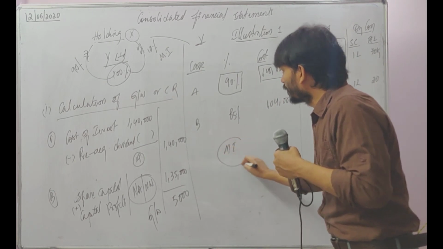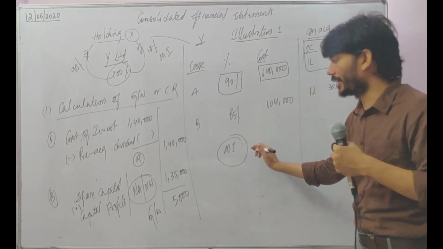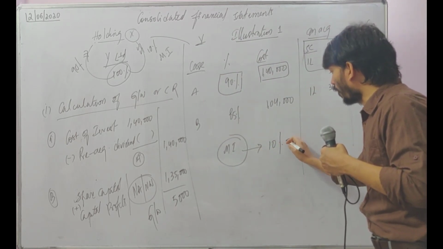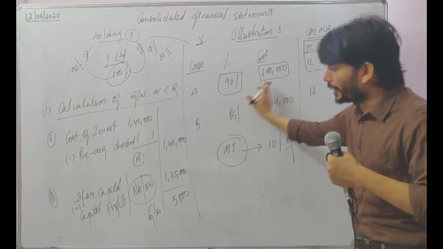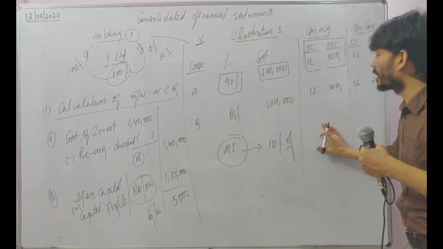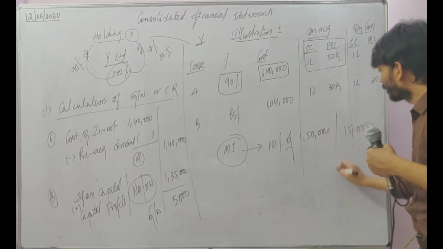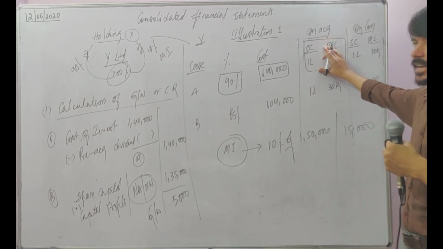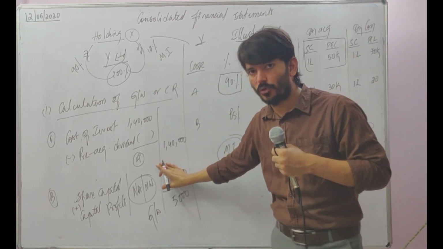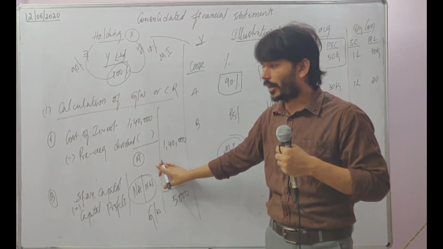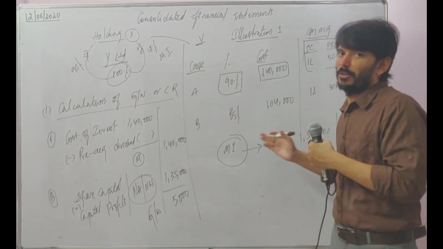The first part is what is a minority interest. I told you, because we are holding a 90% stake, the remaining is held by the minority interest. How much? 10%. On the date of acquisition, it is 1 lakh plus 50,000, 1,50,000. Out of 1,50,000, 90% has gone into this calculation. So 10% will come into this calculation, 1.5, so 15,000. Understand? On the date of acquisition, the net assets are 1,50,000. Of that, 1,35,000 is going into your cost of control calculations, and the remaining 15,000 is going to minority interest. For a bigger problem, this will be helpful for you.